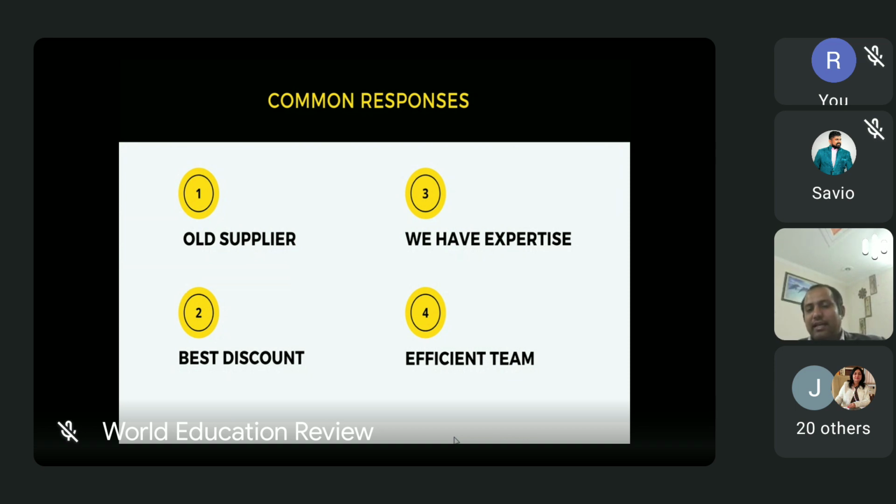suppliers in different categories. So it's practically impossible for any school leader to reach out to everyone, to understand all of the products which are available, or to differentiate between them. So here we come into the picture. We understand your school, your taste, your actual requirement. We also understand your budgetary limitation, and we have category experts who talk to different companies offering different products and solutions. We also talk to their previous clients to certify their credibility.